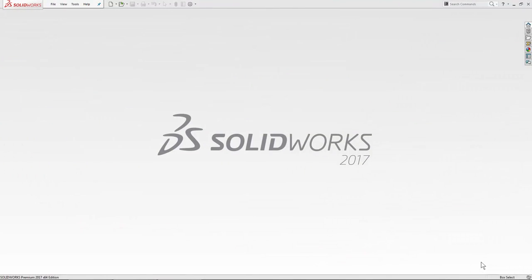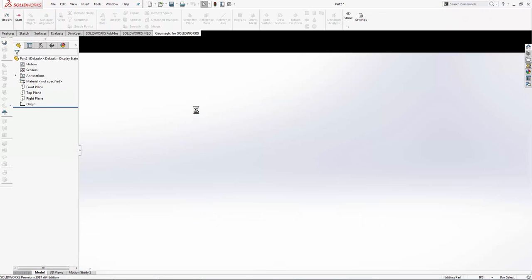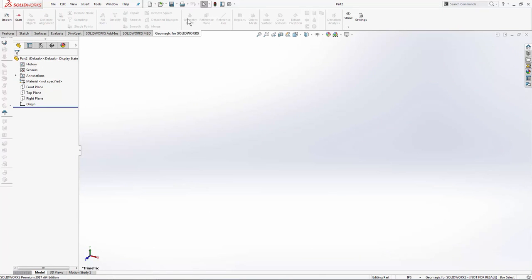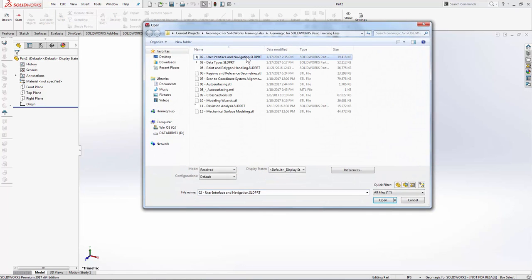This is lesson 2, the navigation and user interface within the Geomagic for SOLIDWORKS plugin. If we have already enabled a plugin inside of the software, we can use the tools, but if I start a new part file here with no scan data, no CAD, anything, I can see that I don't really have too many options. So what we should do is open an existing document that has had some modeling performed in